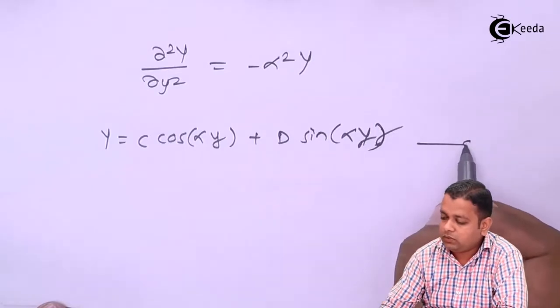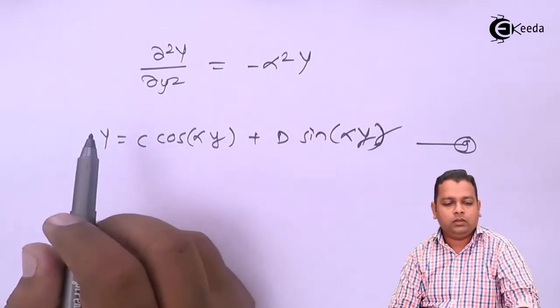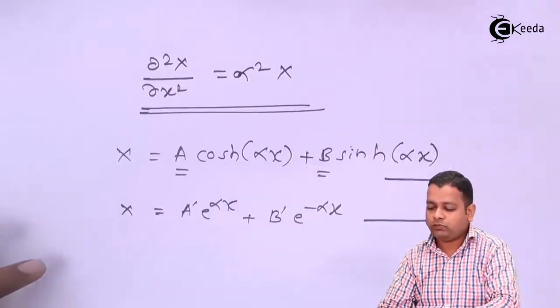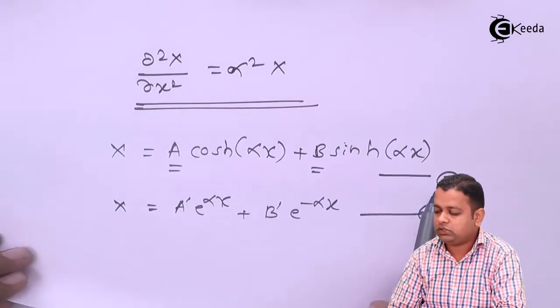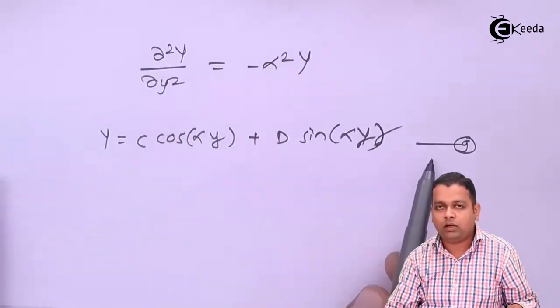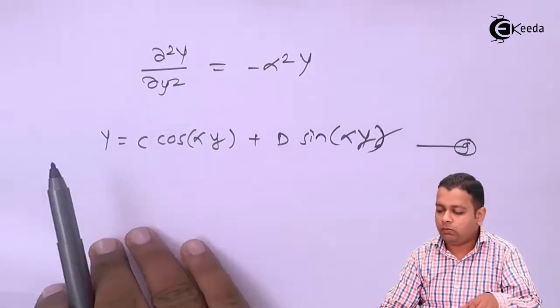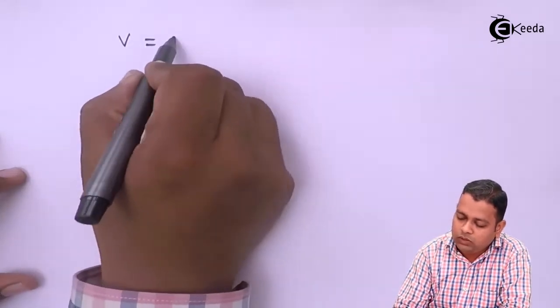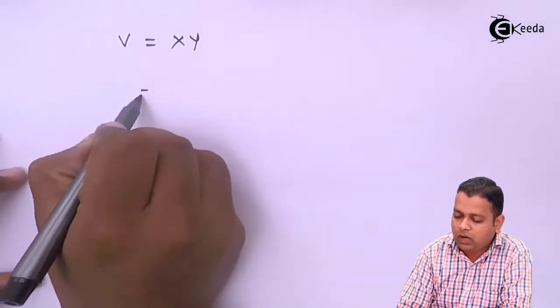Let us say this is equation number 9. So for the x part we have solutions by 7 or 8, and for the y part we have the solution by 9. So using equation number 7 and 9, what we have assumed, V is equal to capital XY,